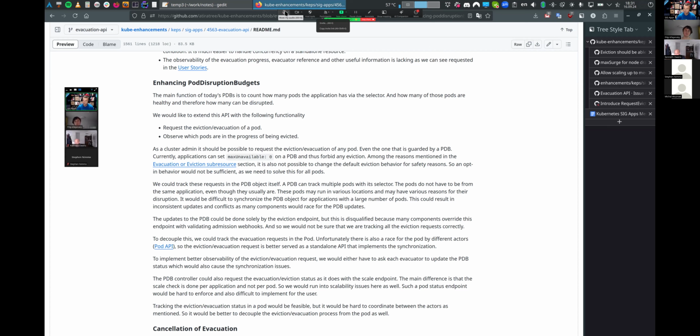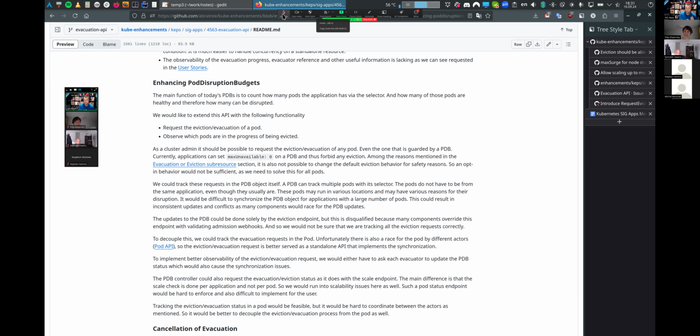So for this to work, it would be roughly similar to what some of the users are already doing with the admission webhooks, listening to the eviction request, eventually reacting to it, and then retrying.